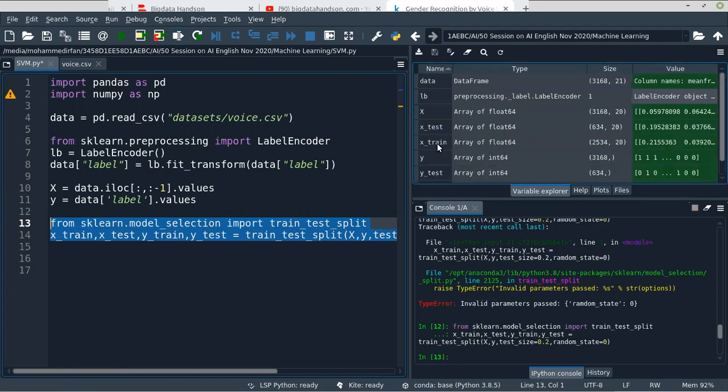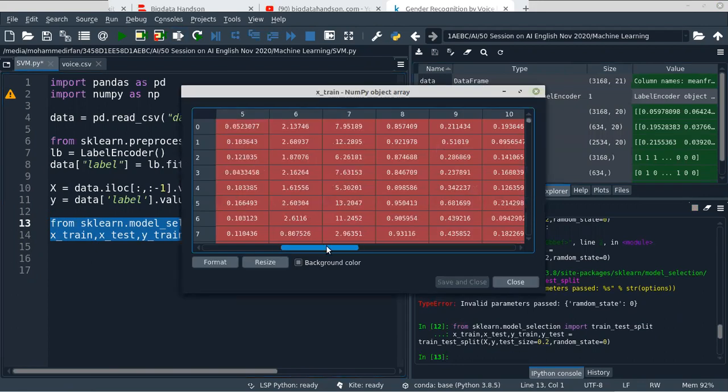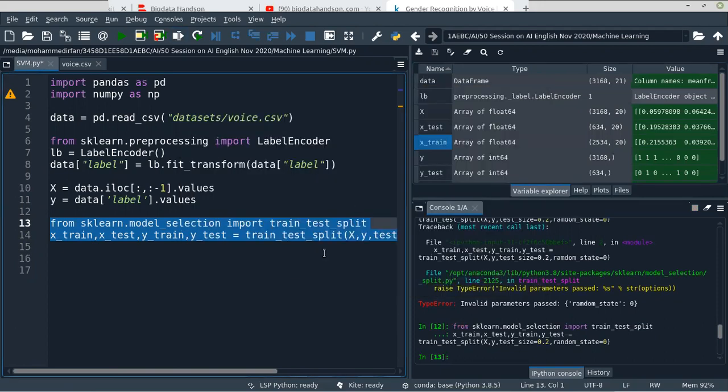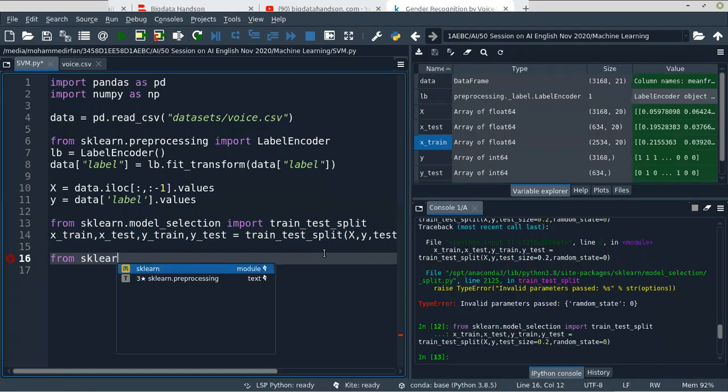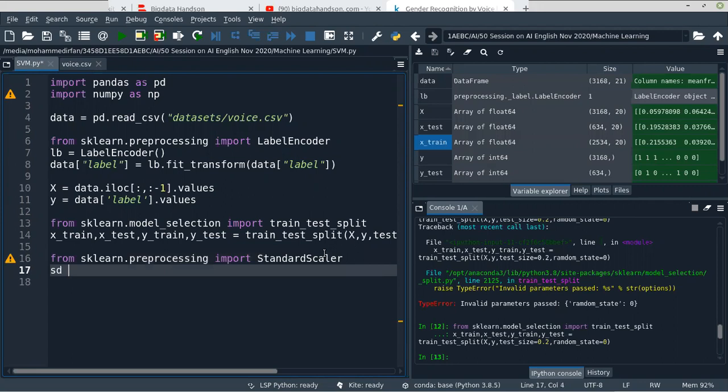As you can see in the independent features, the scale is different, right? All the features have different scales. So we need to standardize the scale using the standard scaler. Let me import the standard scaler from the sklearn preprocessing module. Then we'll create an object, standard scaler.